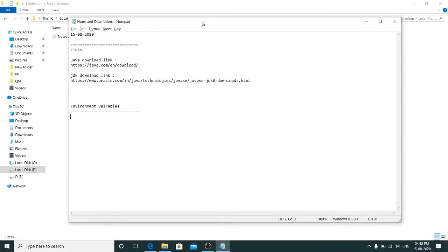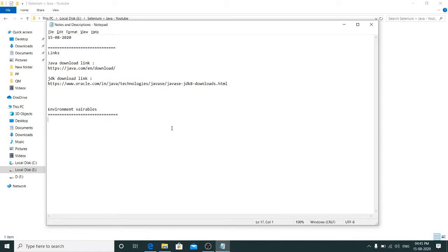Hello friends. In the last class, we have seen how to install Java in your system. So in this session, we will be seeing how to set up your environment variables for Java in order to work with your coding part. Now to confirm whether Java is ready to use, that means ready to code in your system, you can verify by going to command prompt,